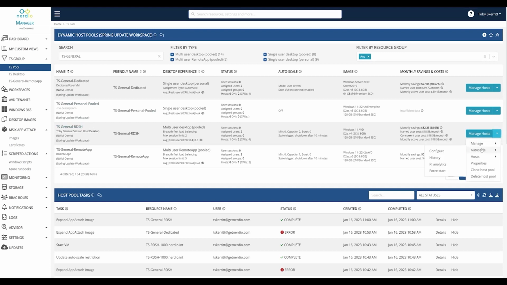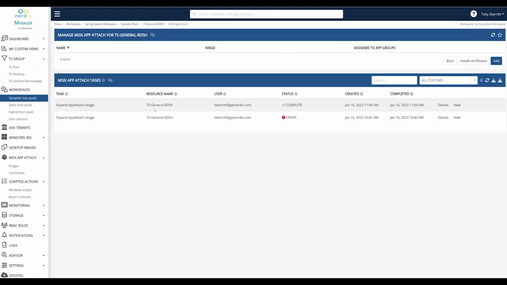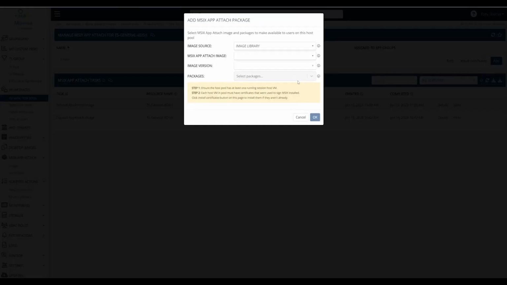So from our pool page, I'll click on MSIX App Attach, add, find the application in question, and we can now see that we have a secondary location, and we can choose which location we want to